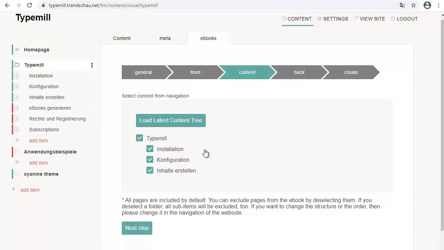This means that you can generate any number of ebooks from a Typemill website. You can imagine many scenarios for this. For example, multilingual operating instructions for different products, various annual reports for organizations, or training documents for coaches or trainers. So you'd simply need to set up a separate area for each version, from which you can then generate the